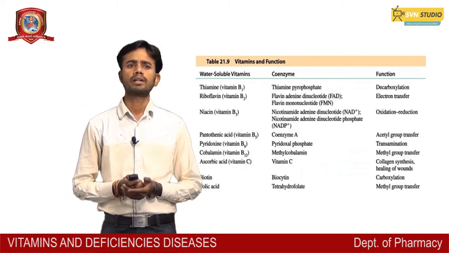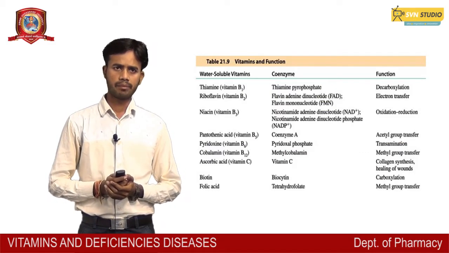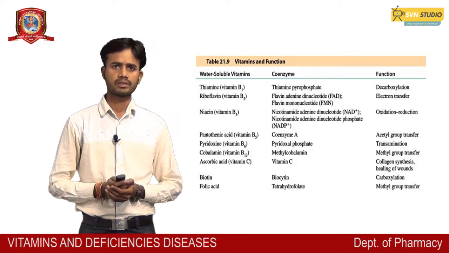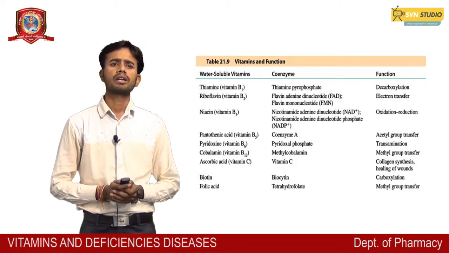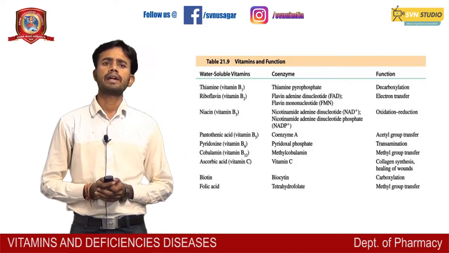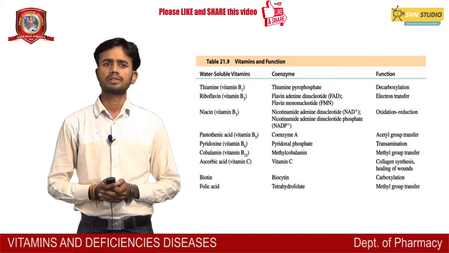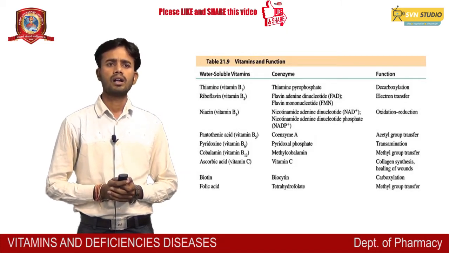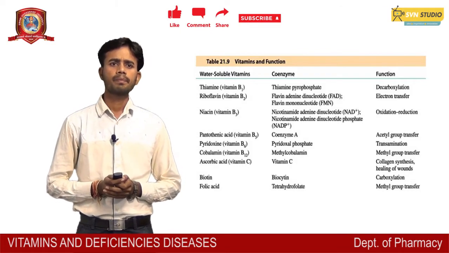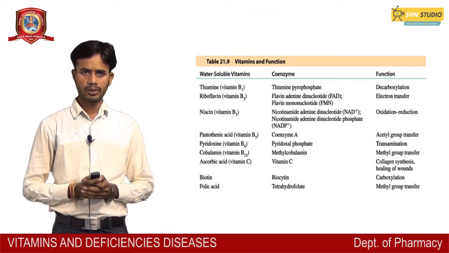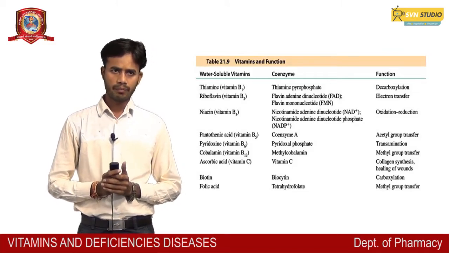Functions of water-soluble vitamins. Vitamin B1 works as thiamine pyrophosphate, and its function is decarboxylation. Vitamin B2, riboflavin, coenzymes flavin adenine dinucleotide, FAD, and functions as electron transfer. Vitamin B3, also called niacin, coenzyme nicotinamide adenine dinucleotide, and function oxidation-reduction. Vitamin B5, pantothenic acid,